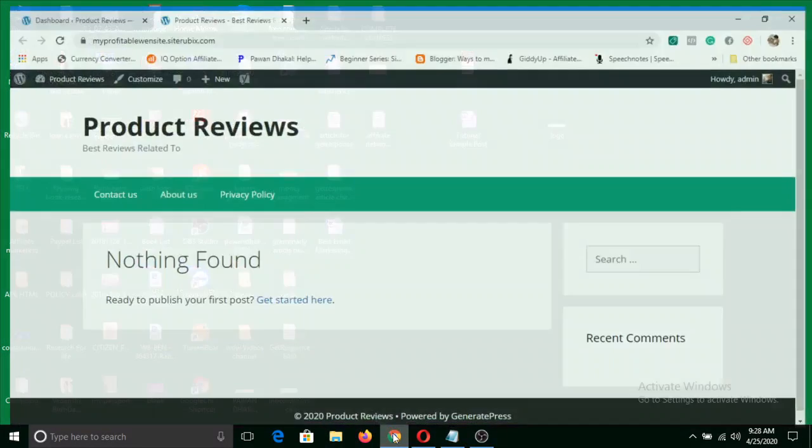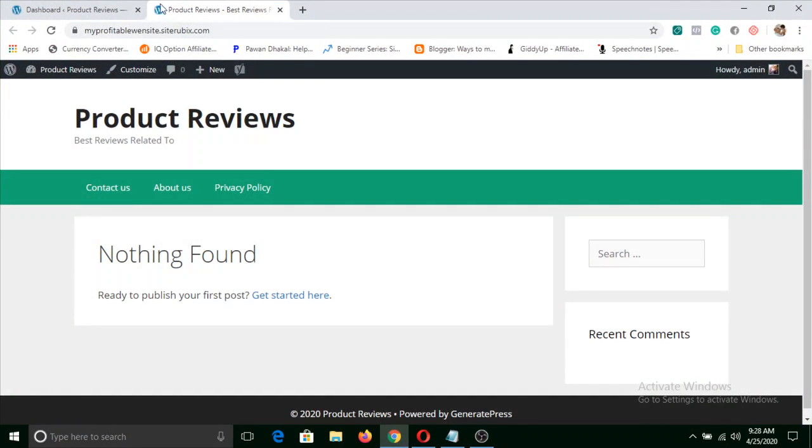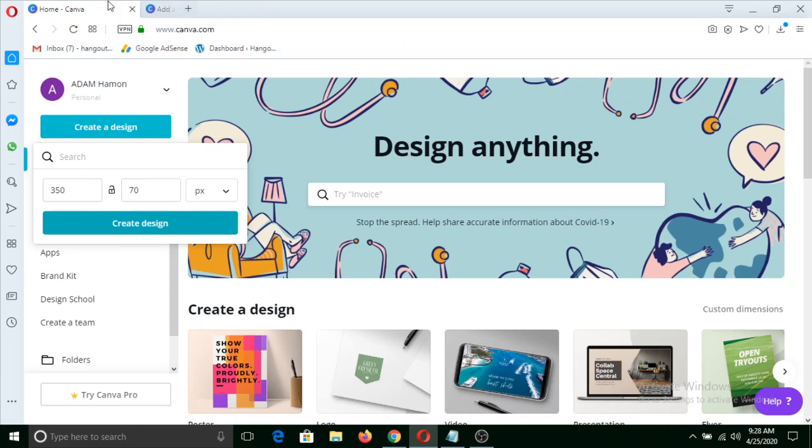Now what we are going to do is, you can see here W. We are going to change this W to our own site icon. This is called site icon or favicon. We are going to make this. Now to do that, just cancel it and go to home page and put here 100 width, 100 height, and create a design.